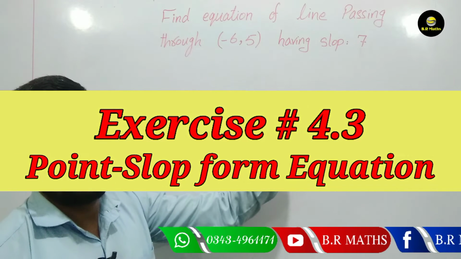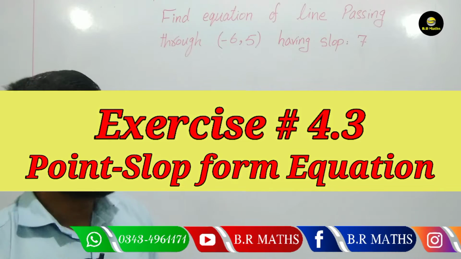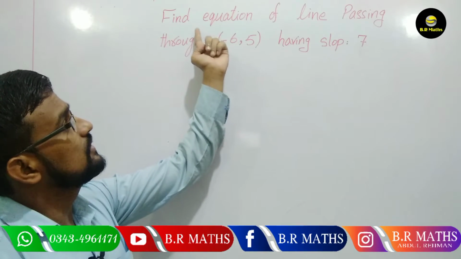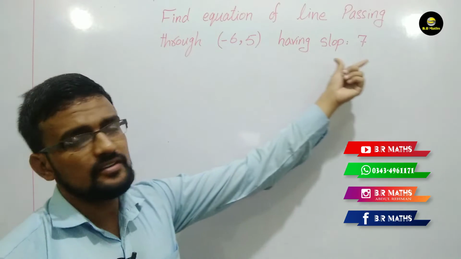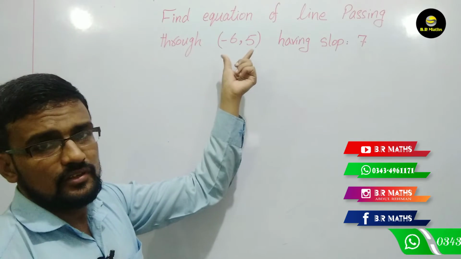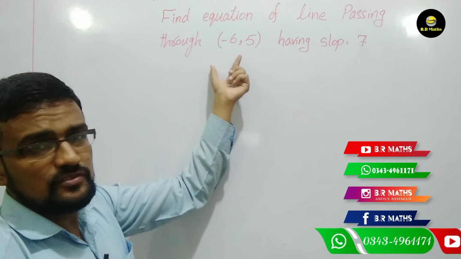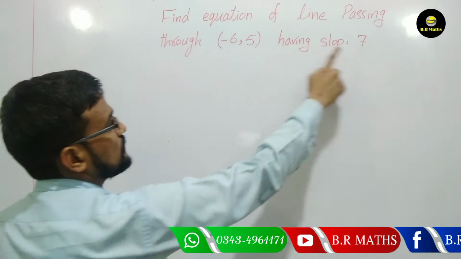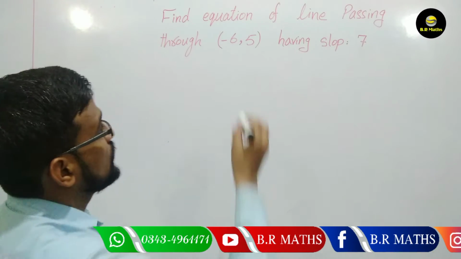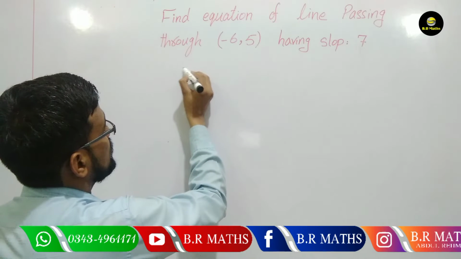Today I will discuss this important question: equation of the line, the different types of equation. The first case is the equation of a line passing through a point with a given slope. It means the first case in which a point and slope are given. So according to these given values, the equation